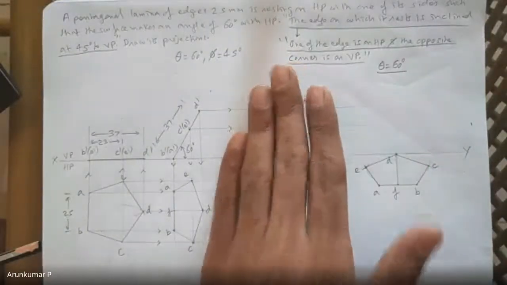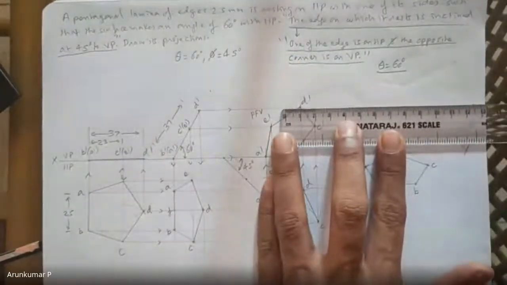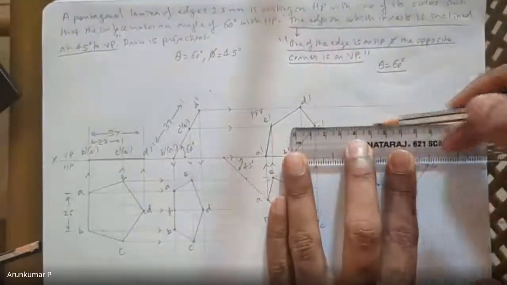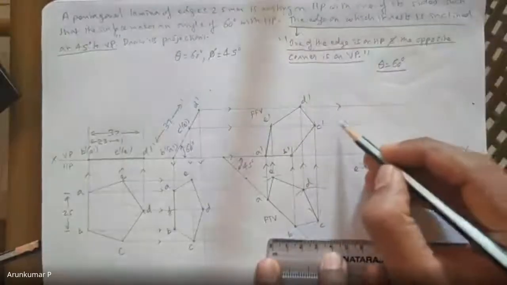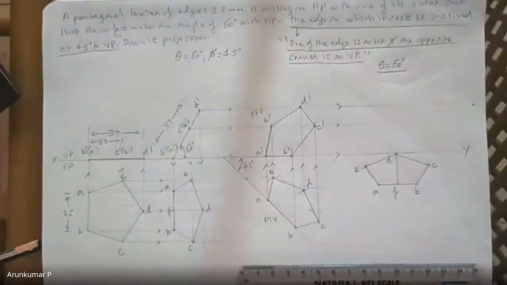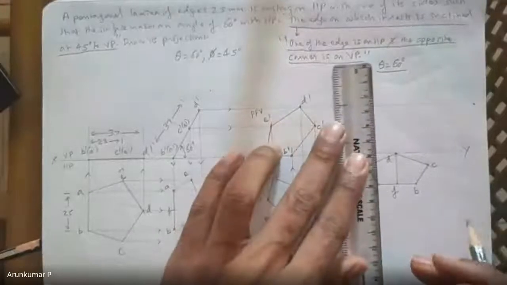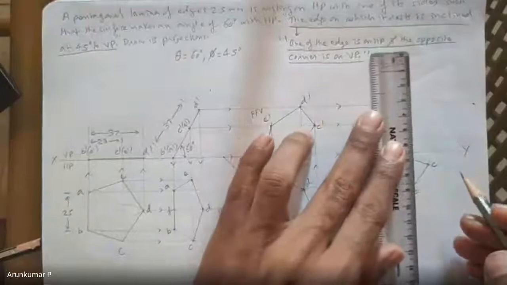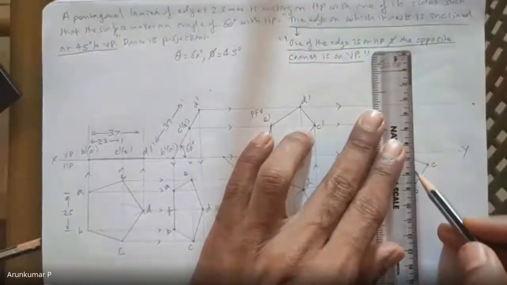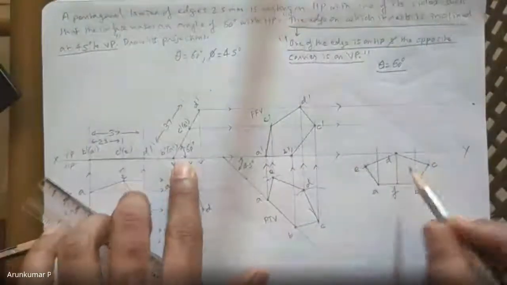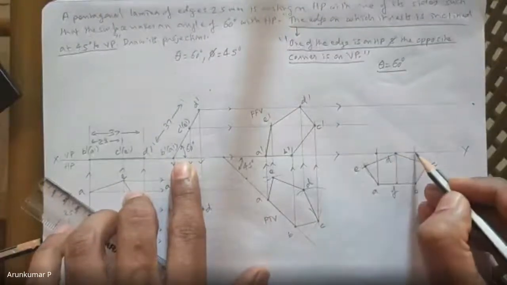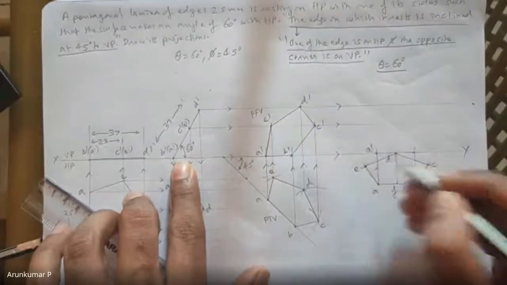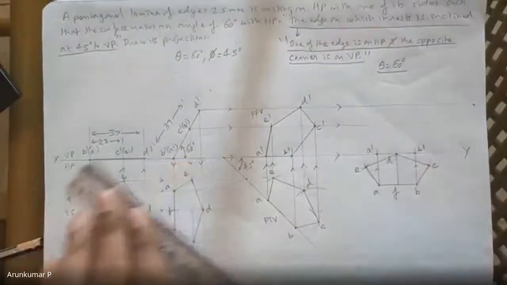Okay. So I can show you that. So projector 1, 2 and 3 of course is on the XY line. Now one by one you can draw the projectors of A, B. As I told you, both are on XY line. So I will not extend it beyond XY line. So this is A dash, B dash.